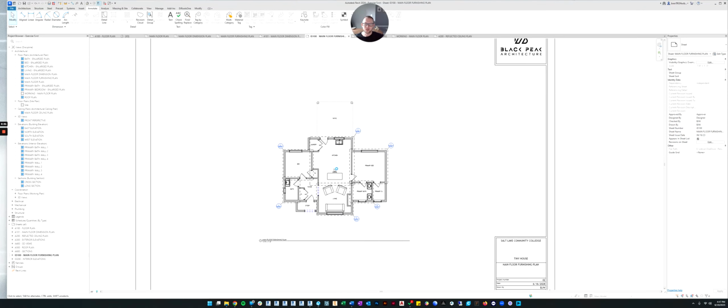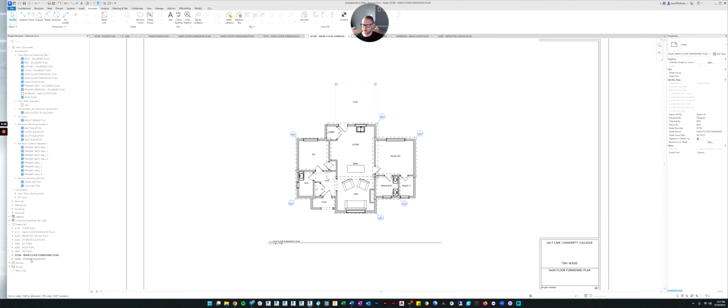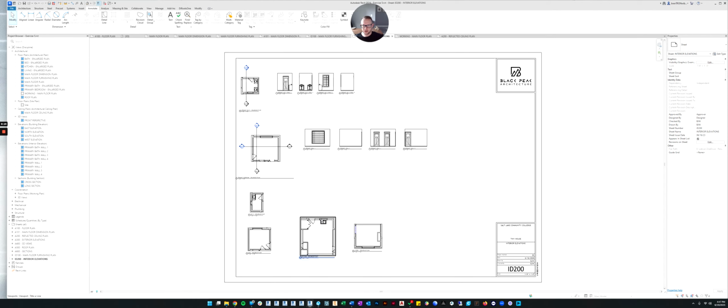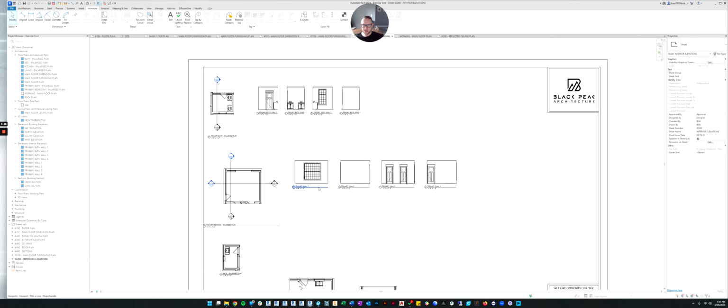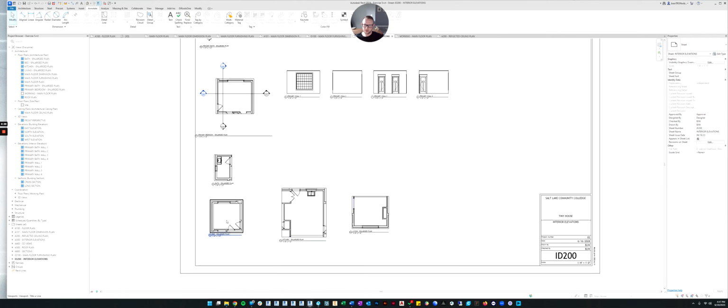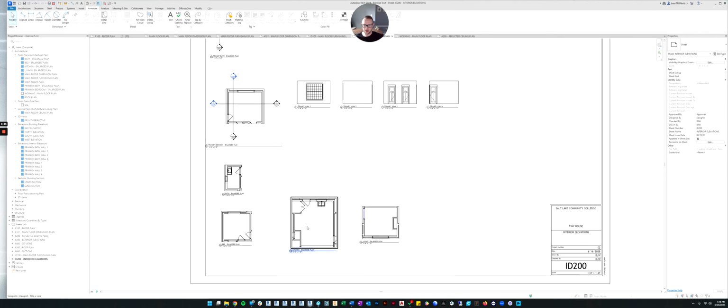All right. So now we're at the point where we can go ahead and look at the enlarged plans and the interior elevation plans and start annotating those. So let's go to that sheet. And here's where we left off from the last video. Something I want to point out is, we created our callouts of the enlarged plans and we placed them on the sheet, but we haven't taken time to make them look right.